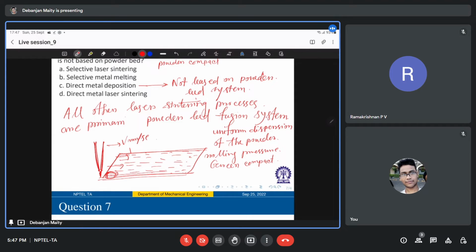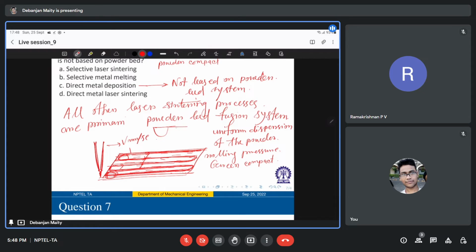So it melts one, as I was saying, it can be like a hatch. This is one hatch, and then you scan it over here. This is one hatch. Then you scan it here. This is one hatch, and then like this, like this. So you make one layer with this kind of scan strategy. This is called hatch spacing. So depending on your heat flux, if your heat flux is too low,